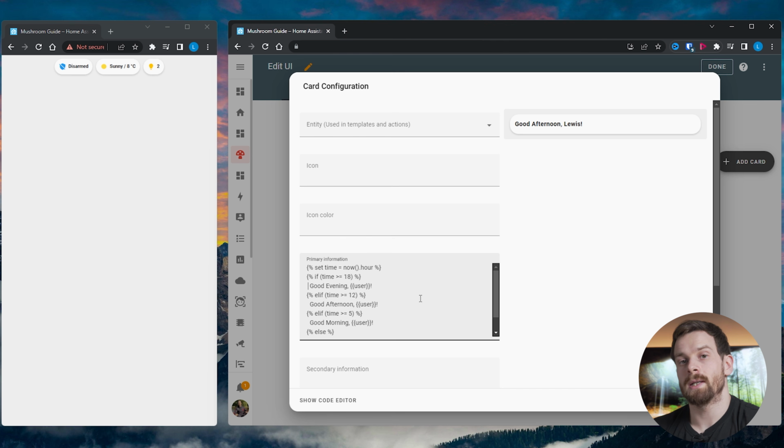Now I don't want to go too in depth into what the template actually does. If you're more interested in how to actually work with templates, then make sure to check out this video over here where we've already done a full in-depth guide into templates, because there is a lot to cover when it comes to templates. So what this template basically does is it gets the current hour of the day, and then